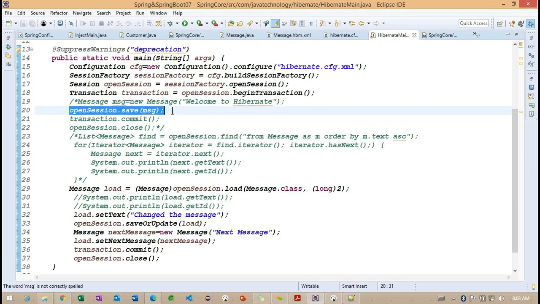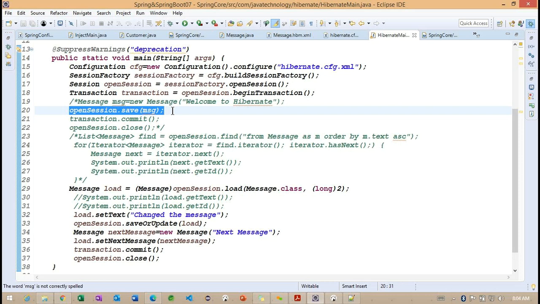It works based on the Hibernate mapping. If we do not have the Hibernate mapping, we cannot work with the existing table. For an existing table, first we need to create the mapping file and provide that mapping file in the configuration file. Later we can work on that.